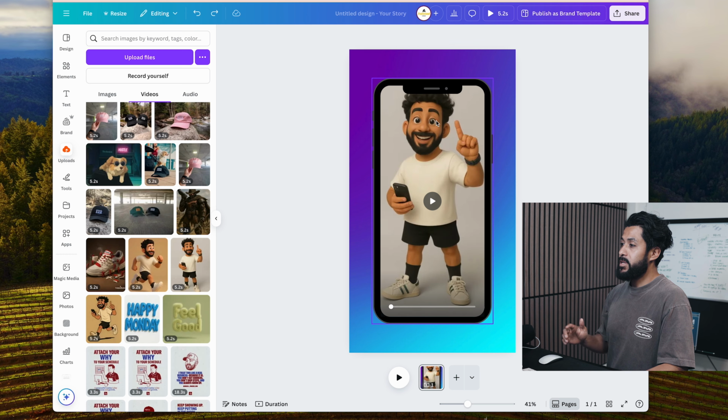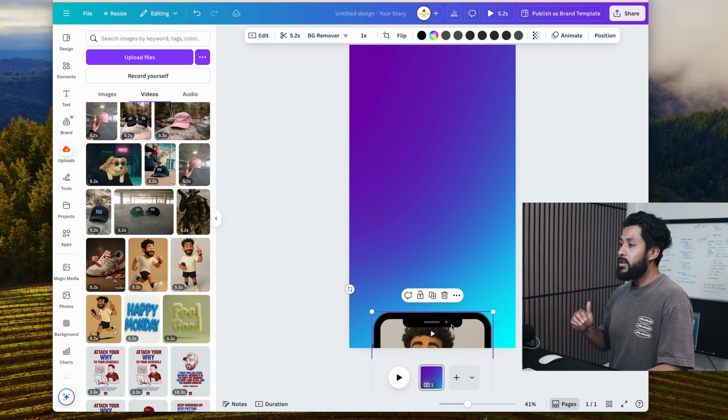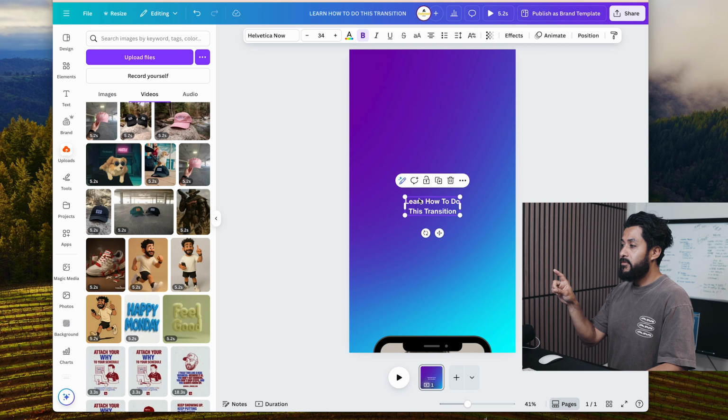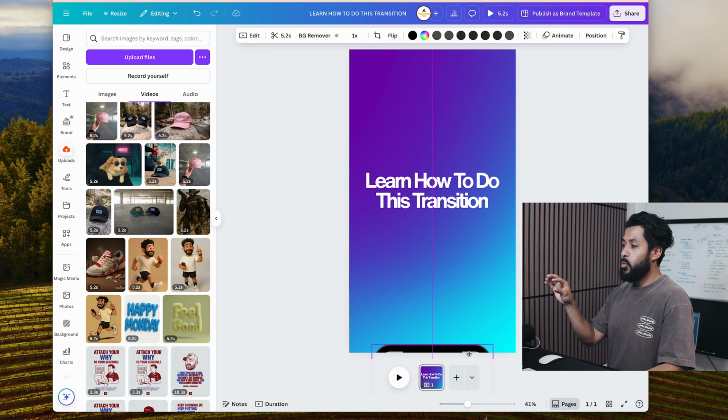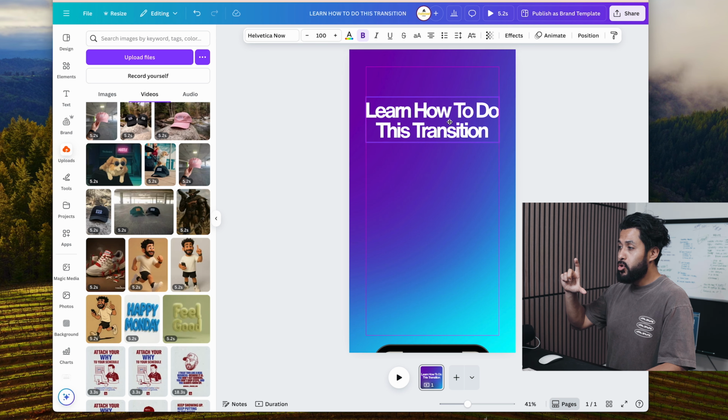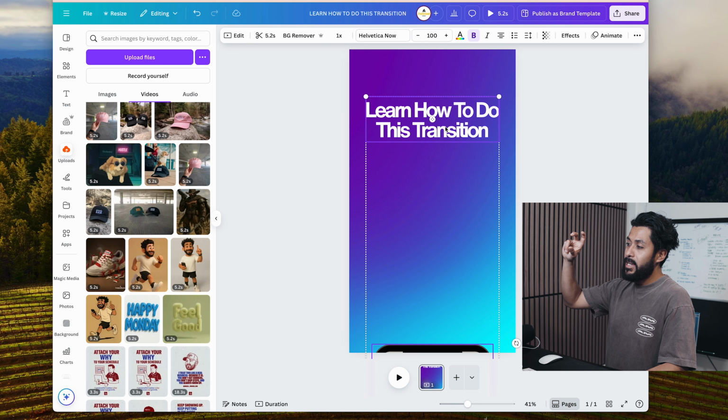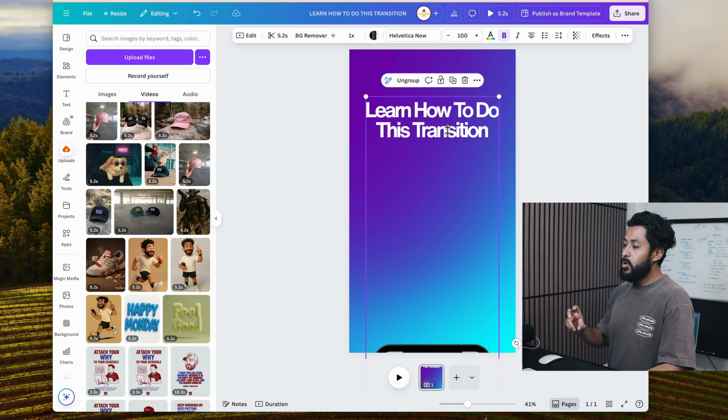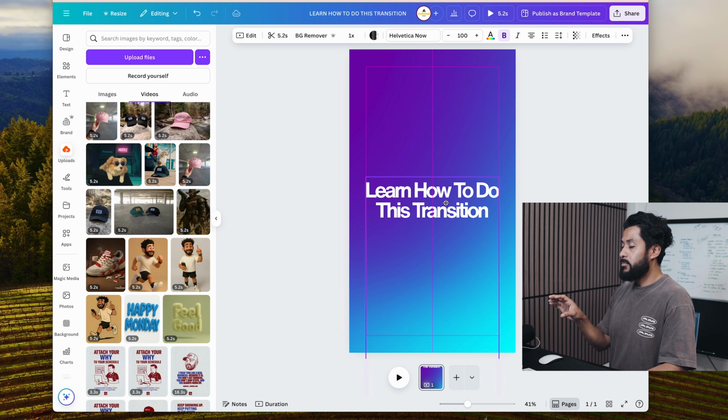This is where the fun happens. You want to drag that all the way down, and then you want to hit the letter T to find the text and put the text that you want to do. What you want to do is group them, so make sure that you move the text that you want in the middle all the way up, move your video all the way down, position it in the middle,